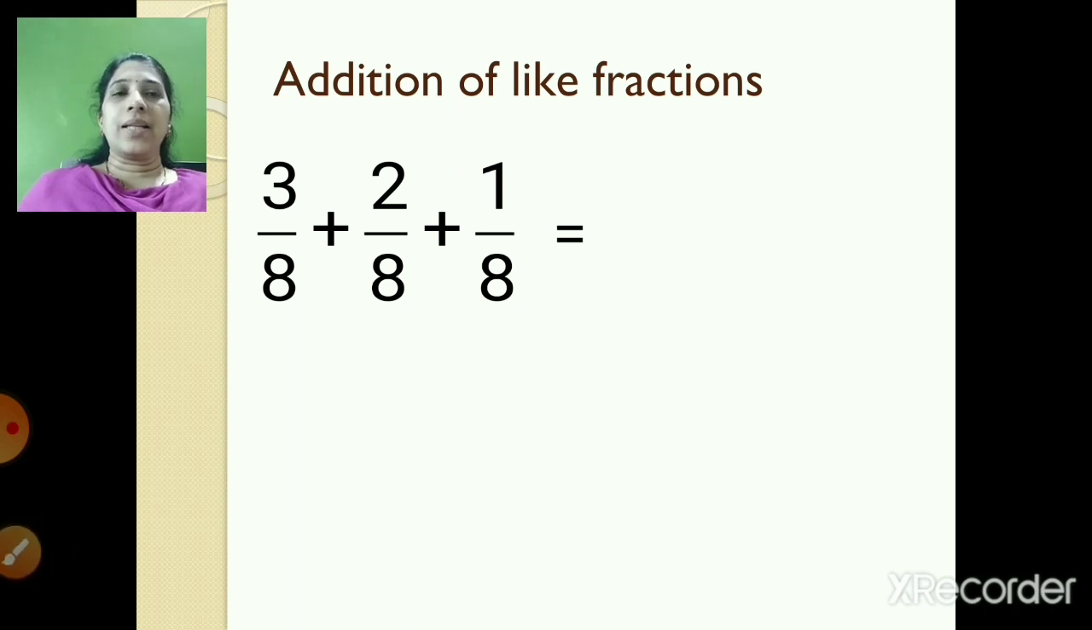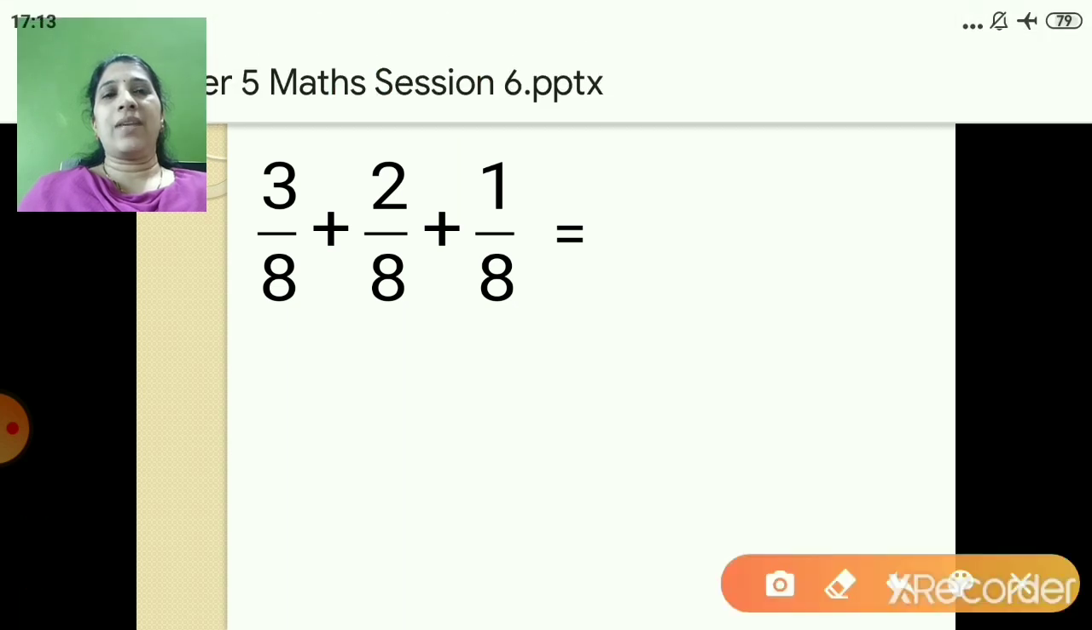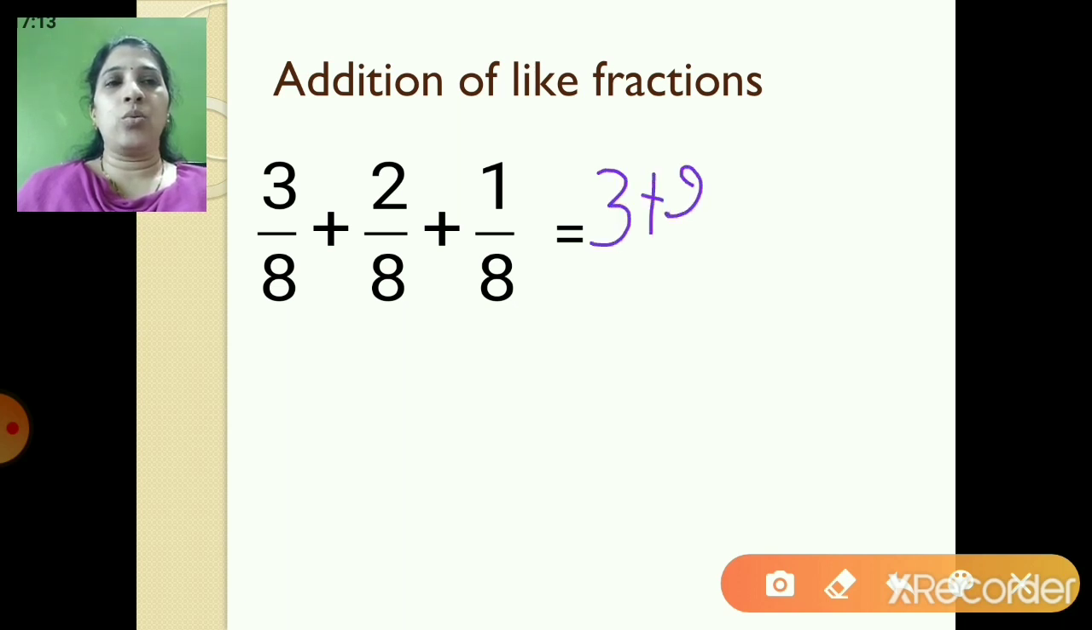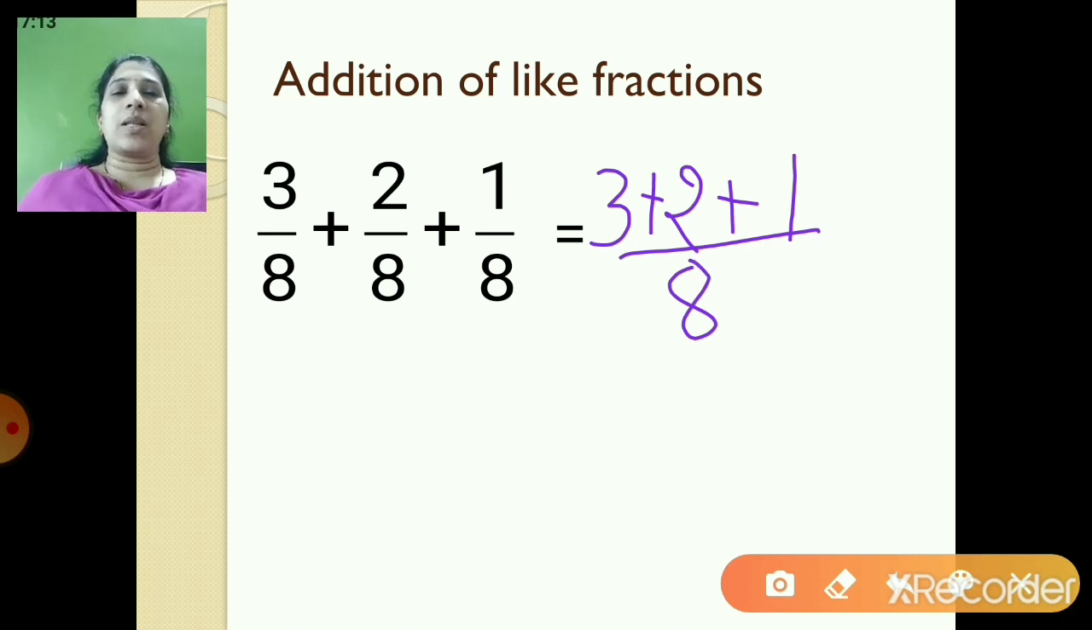So another example involves three fractions. 3 upon 8 plus 2 upon 8 plus 1 upon 8. So all are like fractions. So what will you do? You will write 3 plus 2 plus 1 upon 8. So what is 3 plus 2? 3 plus 2 is 5 and 5 plus 1 is 6. So you will write is equal to